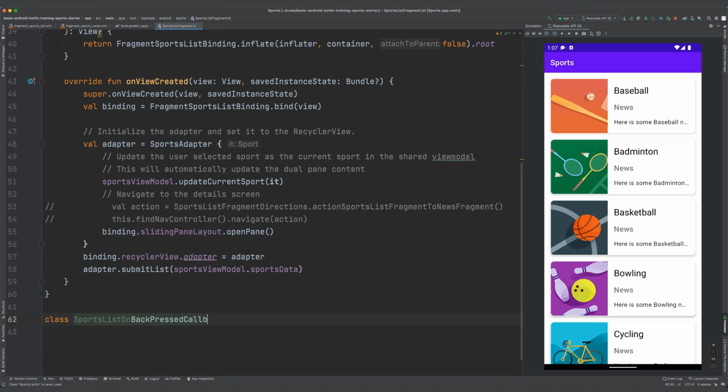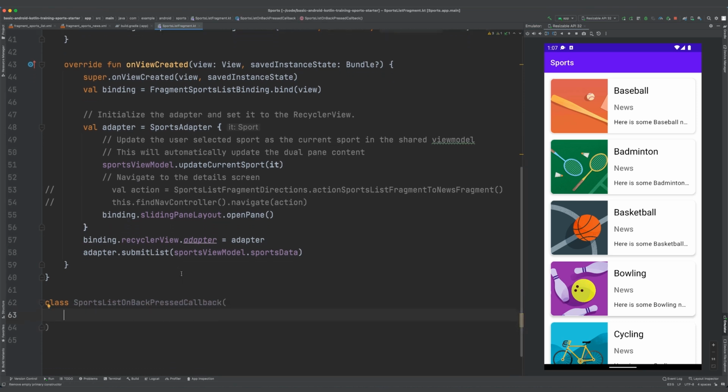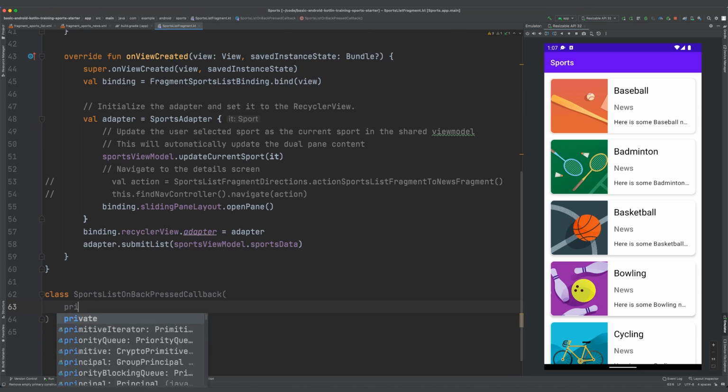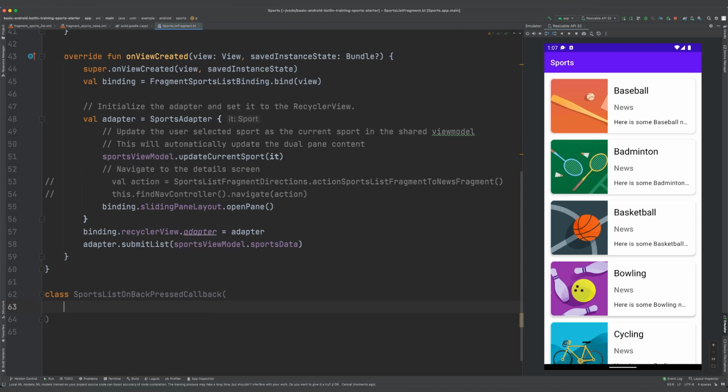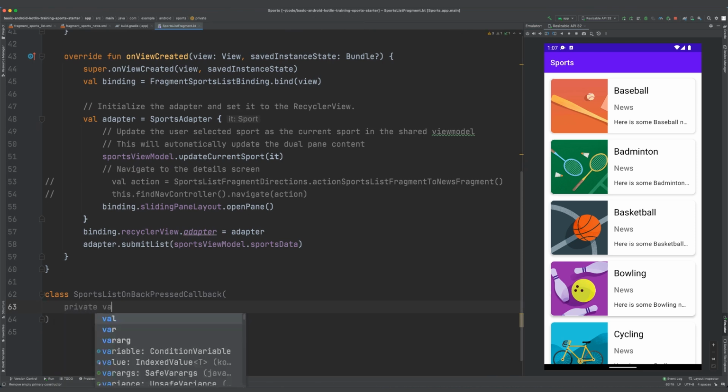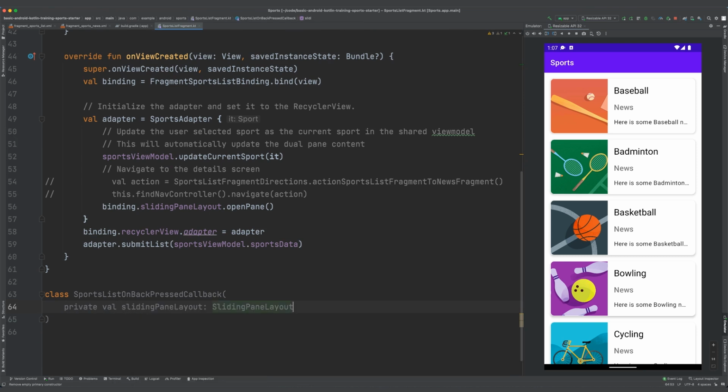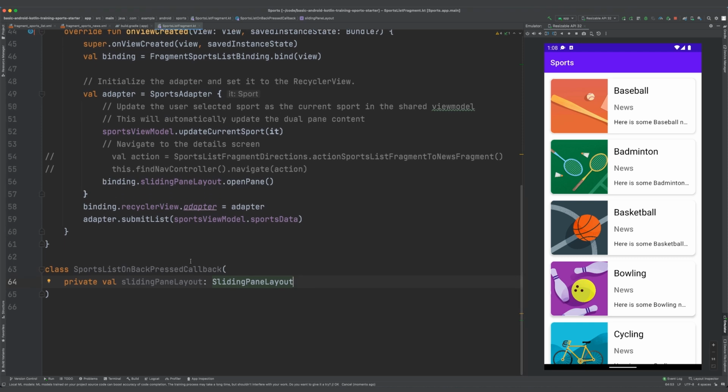And then we are going to have a constructor parameter of SlidingPaneLayout. And we want this class to extend from the OnBackPressedCallback, which handles the callbacks for on back press. So we're just going to extend OnBackPressedCallback.